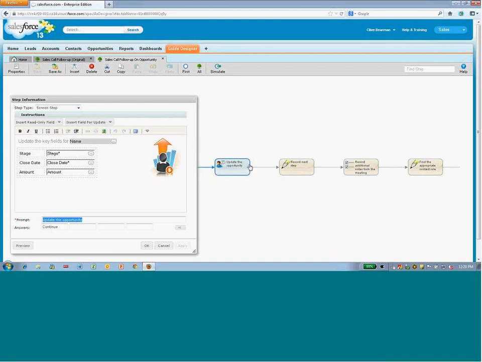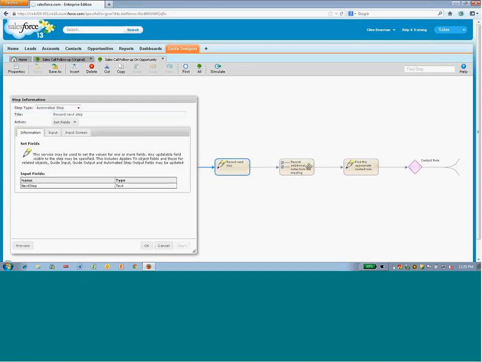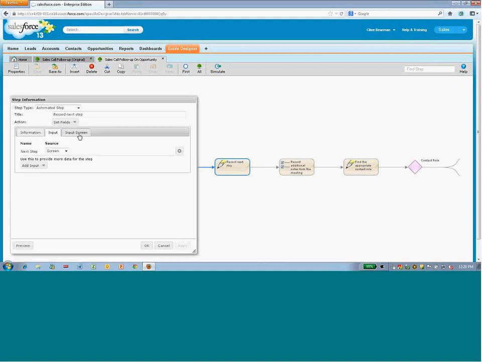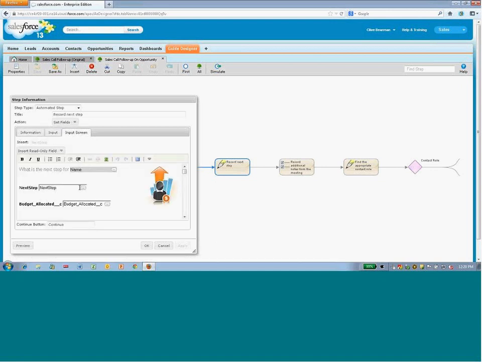The blue here are essentially the screen that you see, and the tab icons are essentially just automated actions and updating Salesforce fields. So, for example, the automated step says record next step. It's set field that basically takes the data from the screen and